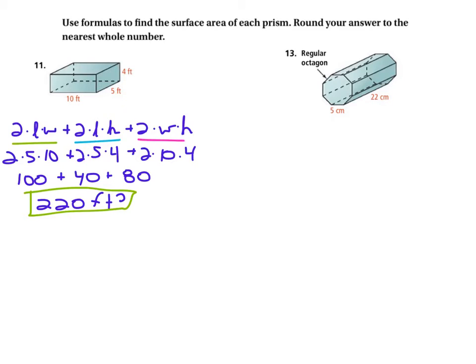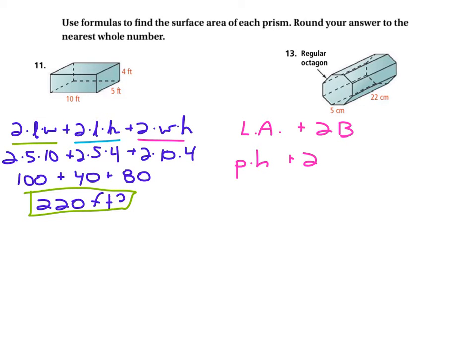Now theorem 11-1 on page 700 says you want to add the lateral area plus 2 times the area of the base. I'll just write this out. Okay, and so I'm going to write in the formulas here. The lateral area is simply the perimeter times the height